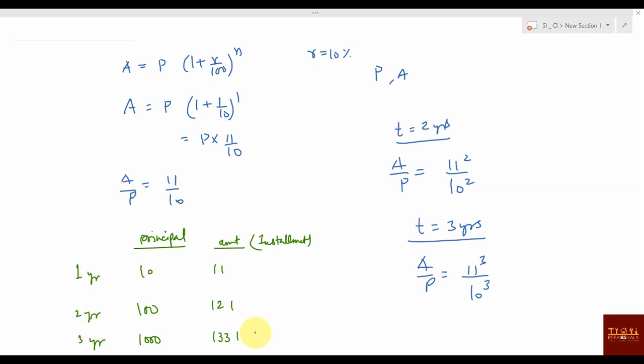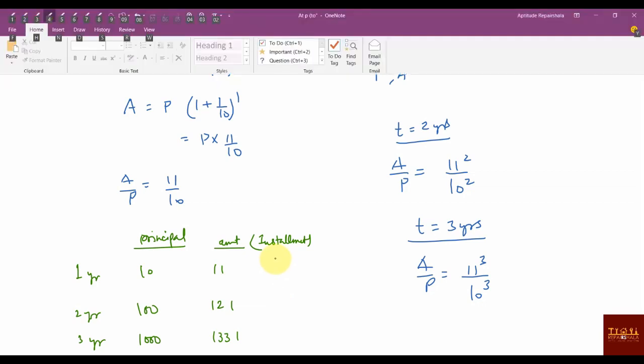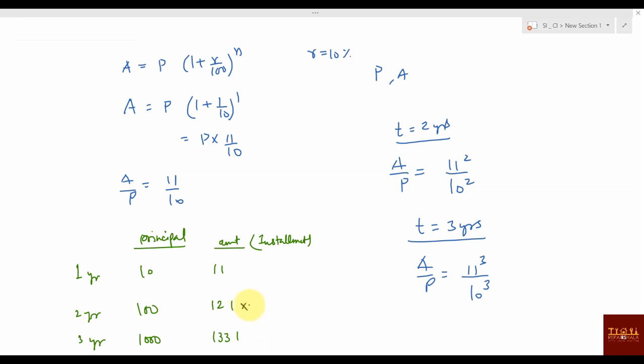But what they are saying, generally they will say equal installments. In equal installment case, what you need to do? You need to make it the same, right? How you can make it the same? You can say 1331, so here you can multiply with 11, here you can multiply with 121, and then each and every installment will be equal, and then whatever they are asking you can find it. Okay, so let's see some questions so that you are able to get the idea of what I'm saying.